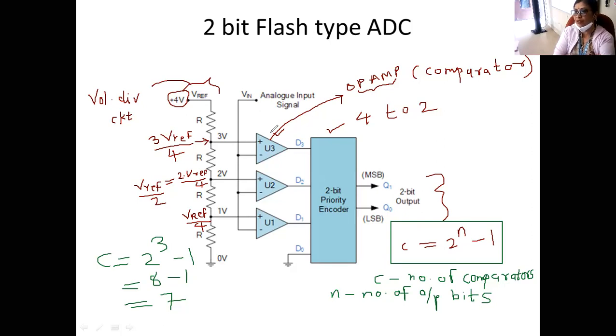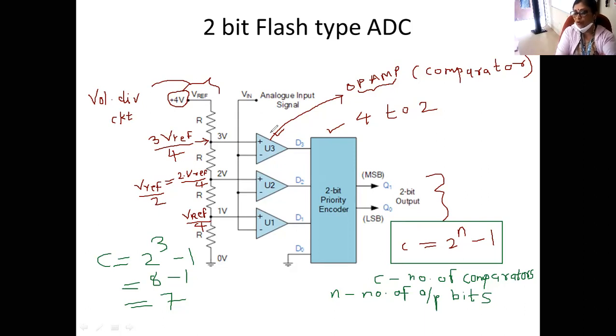It is not possible. Even if you connect them, there will be a power problem to drive that circuit. And therefore, you cannot increase the number of output bits in this case of analog to digital converter. It is a limitation of the analog to digital converter that you cannot use more output bits because the circuit becomes impracticable to build and to work. So it is used for a small number of bits only. So this is its limitation.